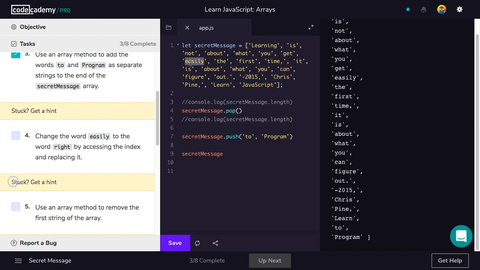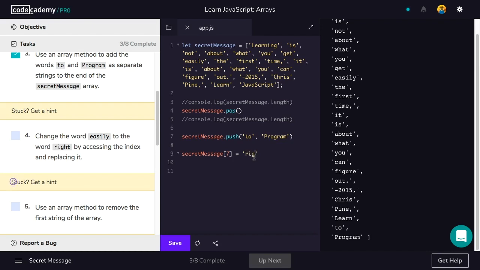So I just said that this is the 7th element in the array, or sorry, the element at the index of 7 in this array. It is 1, 2, 3, 4, 5, 6, 7, 8, so it's the 8th element in the array. But in terms of what index it's at, it's actually at 7 because we have to start counting at 0. So let's access the element and reset the value of that element to equal the string